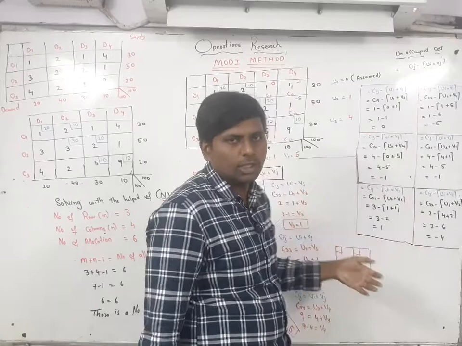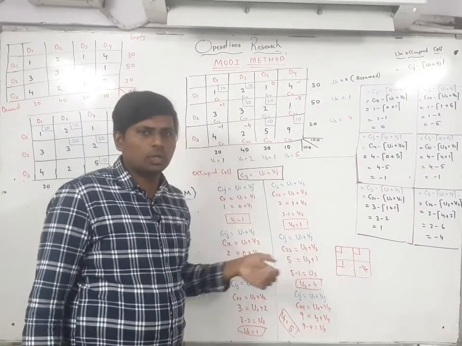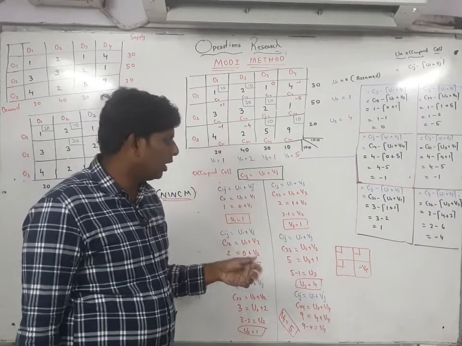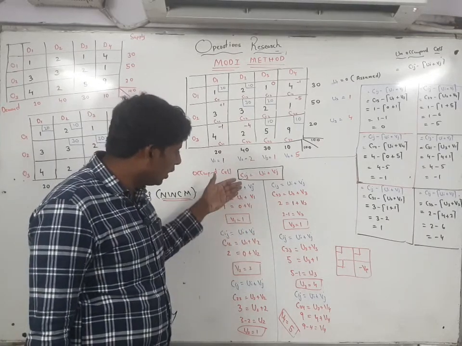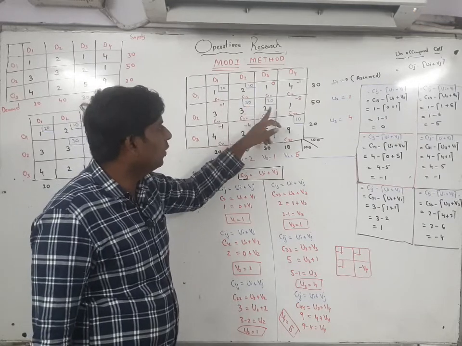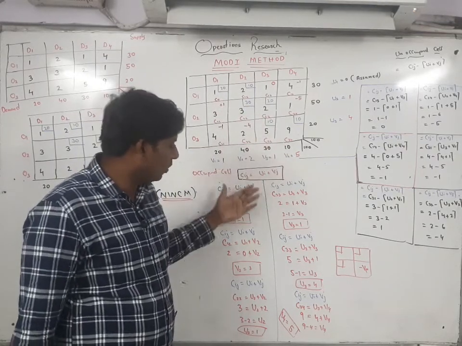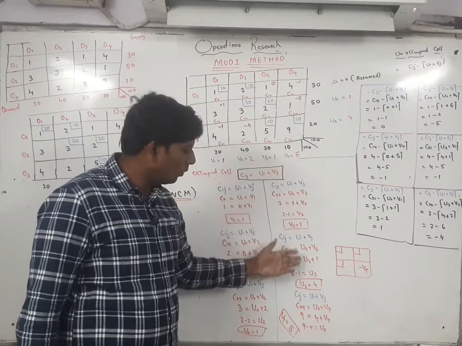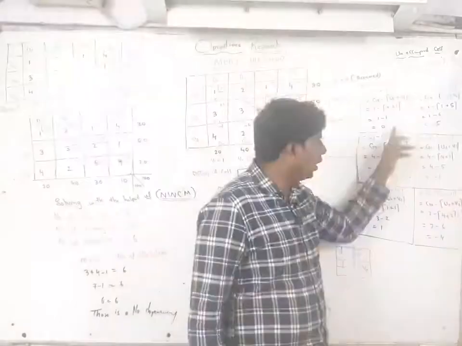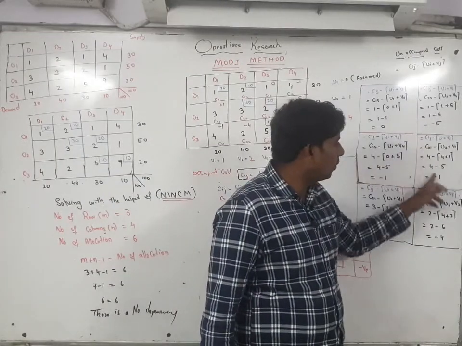How will you get this one? If you see the last video, you can easily understand this. This problem is the continuation of the last video, and based upon that only. How many allocated cells are there? 1, 2, 3, 4, 5, 6. How many unallocated are there? 6 are there. 1, 2, 3, 4, 5, 6.